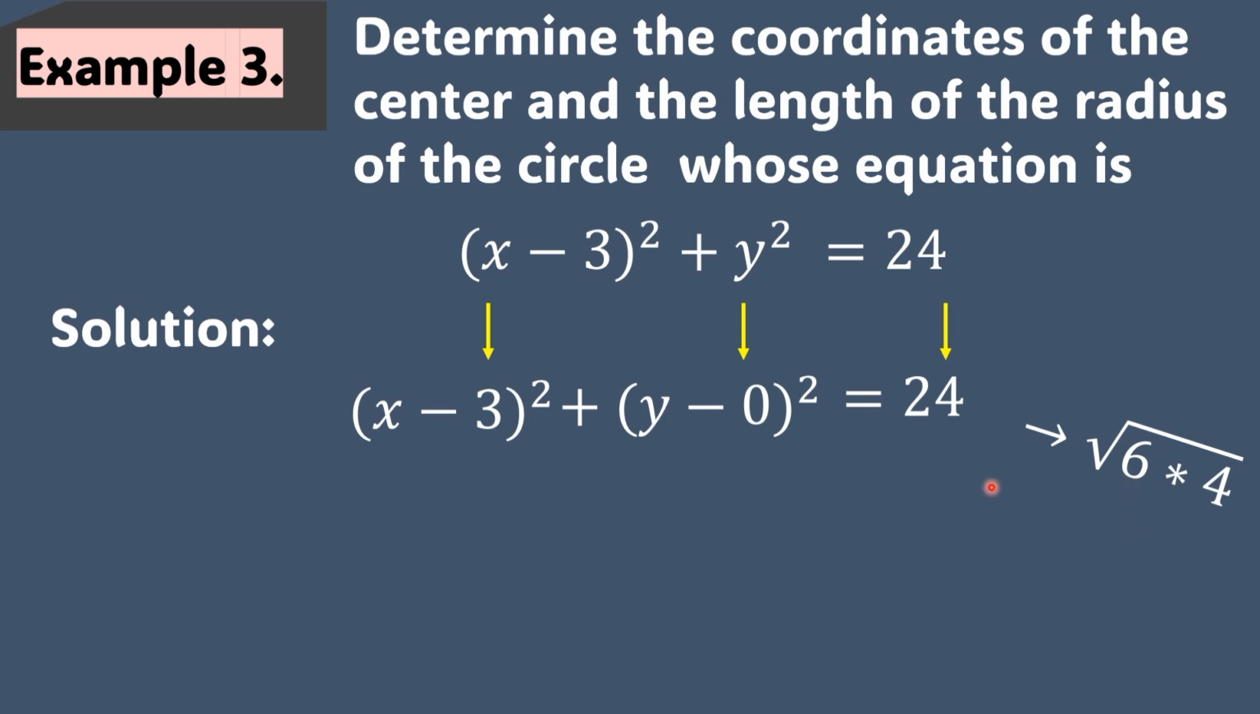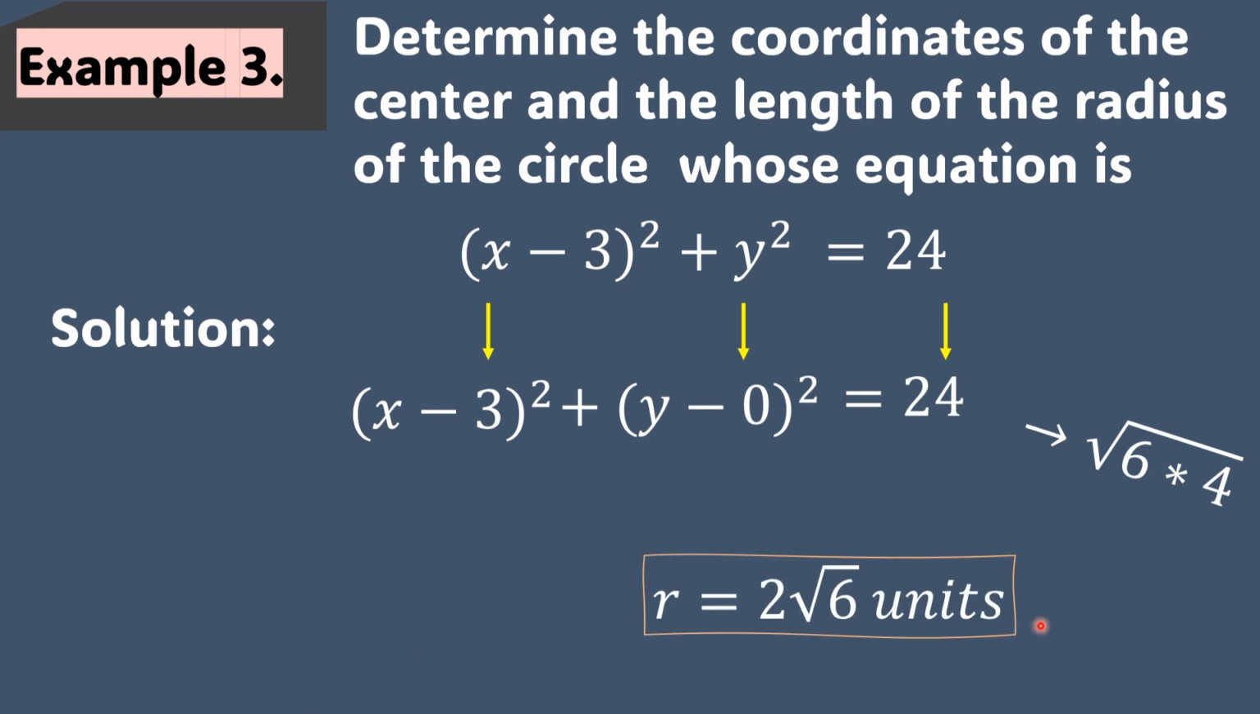24 is not a perfect square. However, think of two factors of 24 in which one of those can still get the square root, and those factors are 6 and 4. So the length of radius is 2 square root of 6 units. The center coordinates are